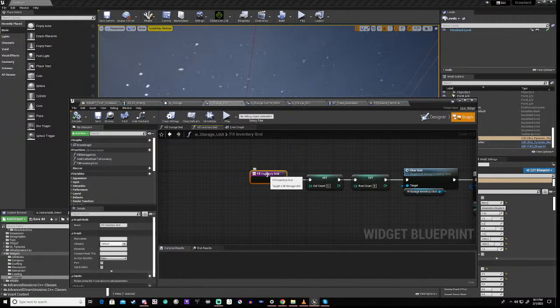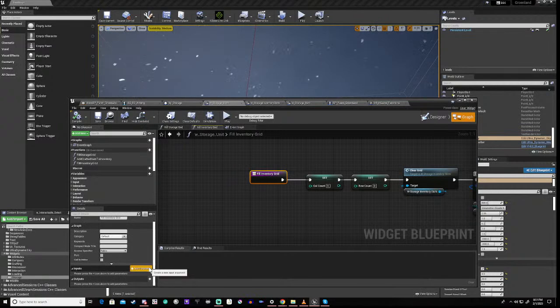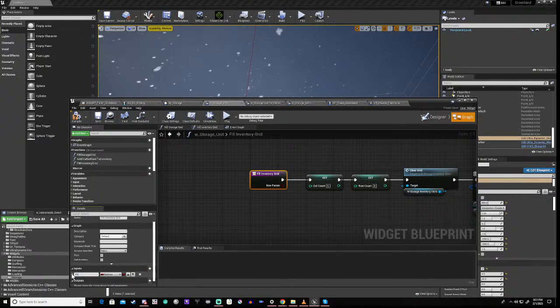So in our inventory grid, we're going to add 2 inputs, right? So one is going to be show all, and our other one is going to be our item type,